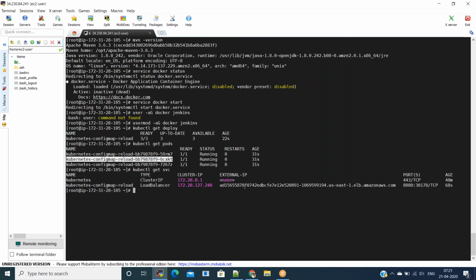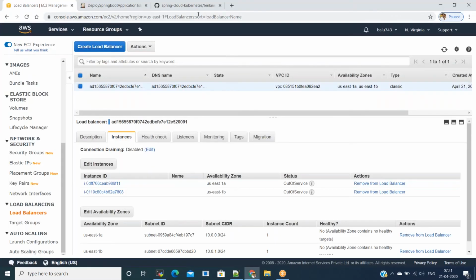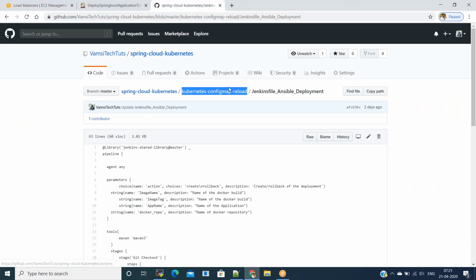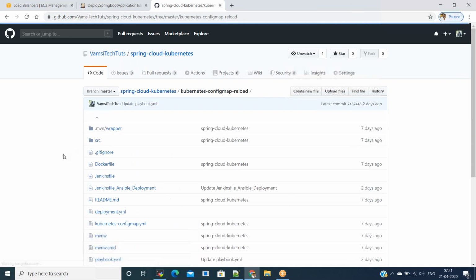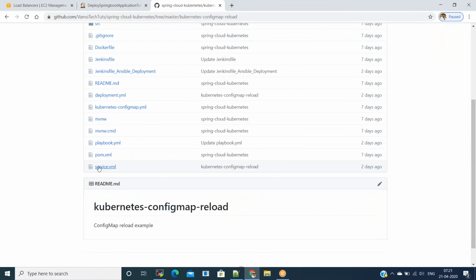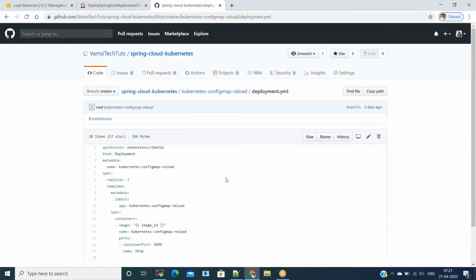All these deployment and service types I have mentioned in the GitHub repo itself. If you go to the GitHub repo, you will have the deployment YAML and service YAML also. If you see this, you have deployment.yml. In the deployment.yml file, I mentioned the replicas as 3.